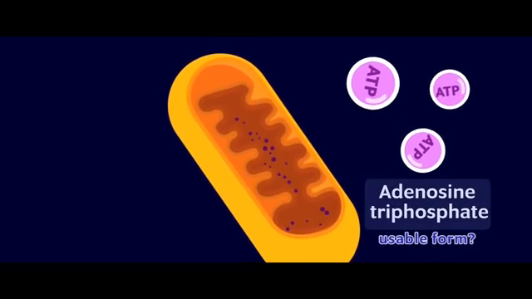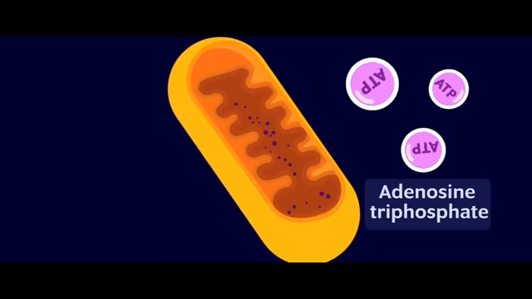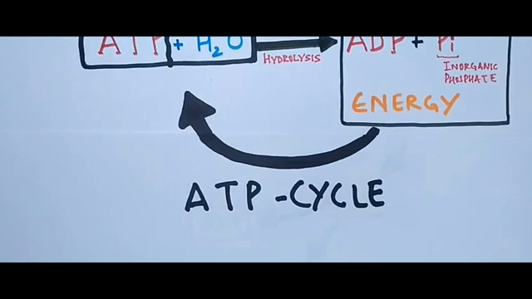ATP is adenosine triphosphate. It contains 3 phosphates. In the third, last phosphate, the energy is stored. Whenever energy is required inside the cell, the ATP supplies the energy. When the last phosphate bond breaks down, the energy is released. Each ATP molecule gives 7,200 calories of energy. When the bond is broken, the ATP becomes ADP, adenosine diphosphate, and an inorganic phosphate. In such a way, the energy is generated by mitochondria.